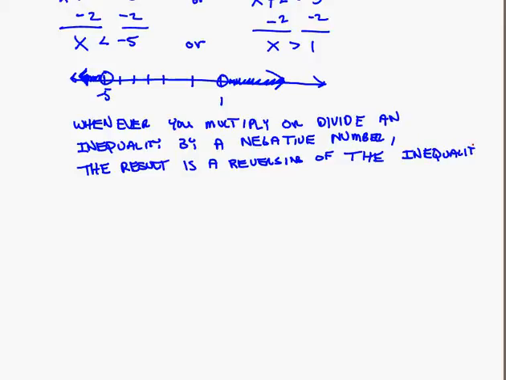Let's just take an inequality we know to be true. Let's say 4 is less than 5. Okay, we know that's true. 4 is less than 5. All right, if I were to multiply both sides of the inequality by negative 1, so now I have negative 4 and negative 5. Well, is negative 4 less than negative 5? No, it's greater than. So in order for the statement to remain true,